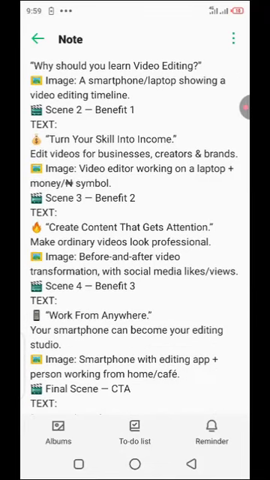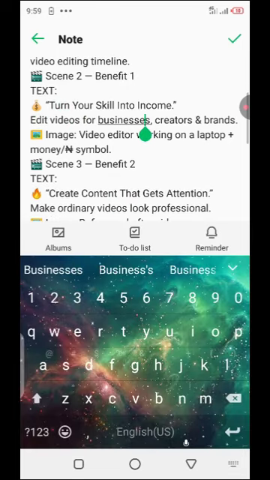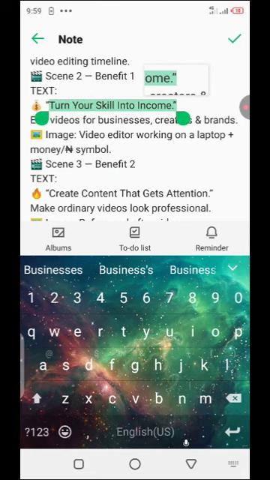What your scene 2 message is conveying is how to turn your skills into income. So I'm just going to click on editing. Turn your skills into income. Then